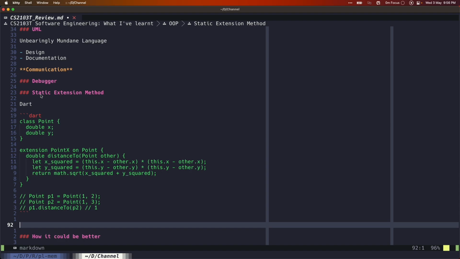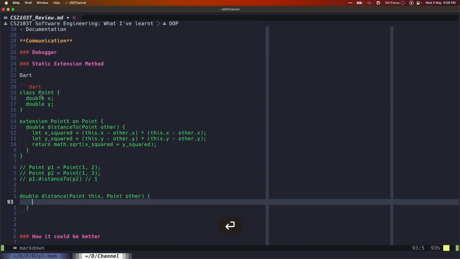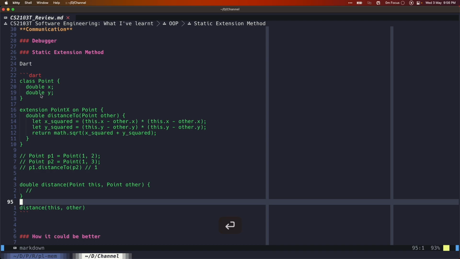So essentially, this static extension method is equivalent to just defining a double distance with point this, point other, and you basically do the same thing, right? You get what it means, right? And then you can simply call distance this other, and it basically gives you the distance.